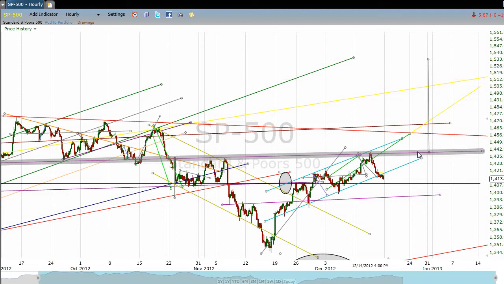If that happens, then I think you've got to call this whole thing that we had marked between these two yellow lines a bull flag that formed after a topping pattern, and we've seen this happen before. We saw this happen in 2010 in a pretty big way. I won't bother you with that chart right now, but this bears a lot of resemblance to 2010, what we saw after the breakdown of that fairly decent sized head and shoulders top.